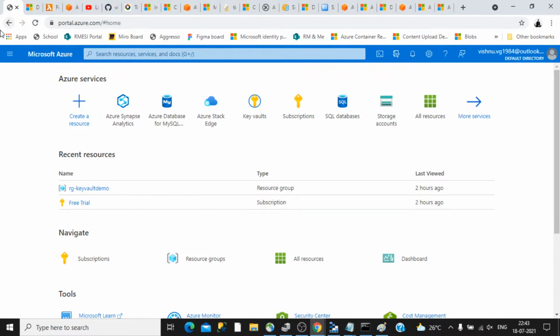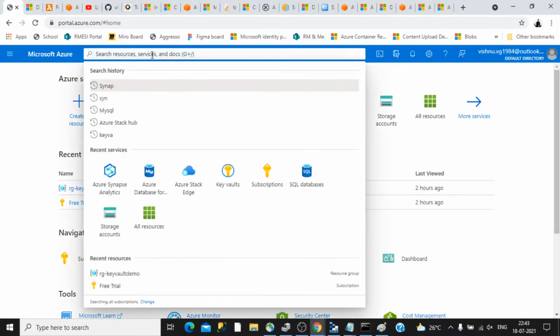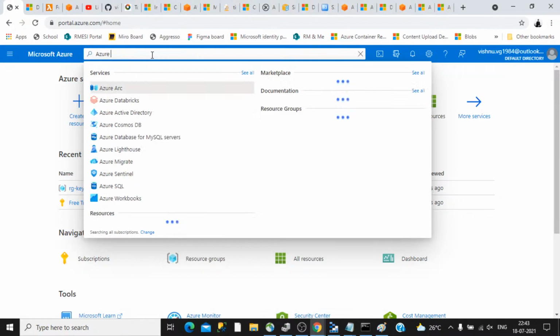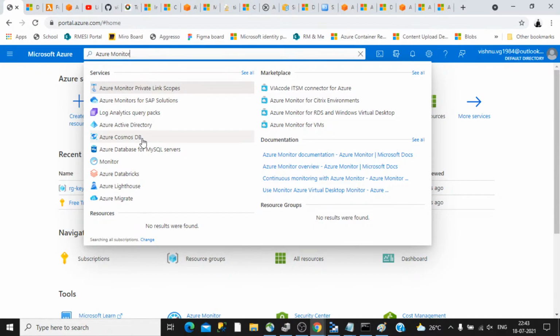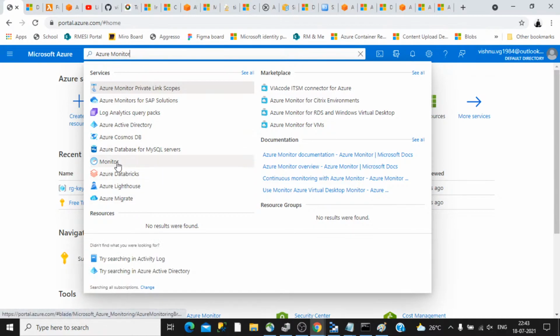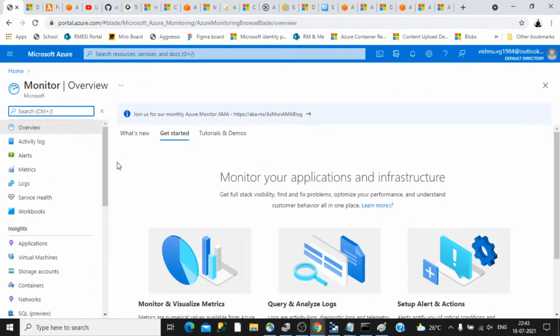So once we made an application, the next step is to understand how we are monitoring that application. For monitoring purposes, there are different services out there, like Azure Monitor. Let's say, this one, monitor application.